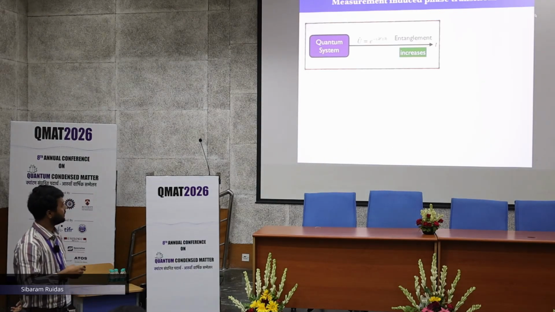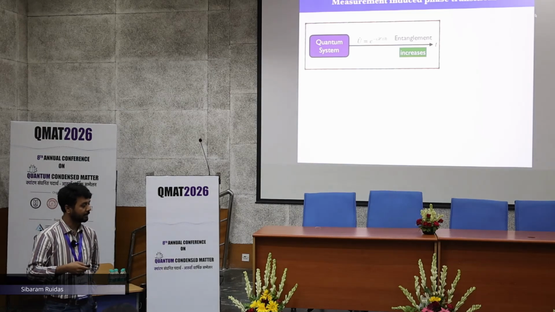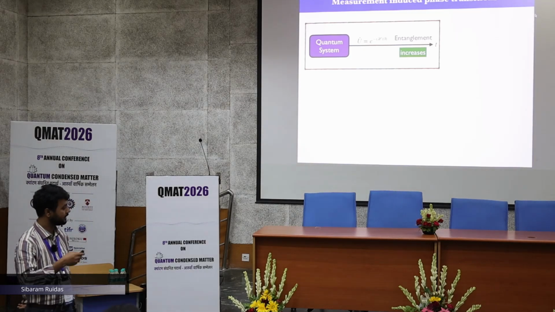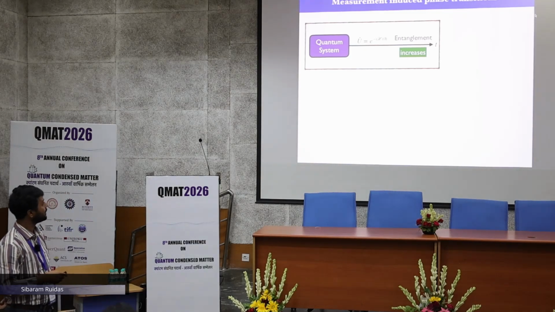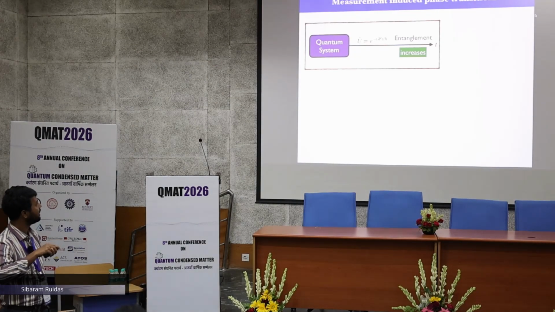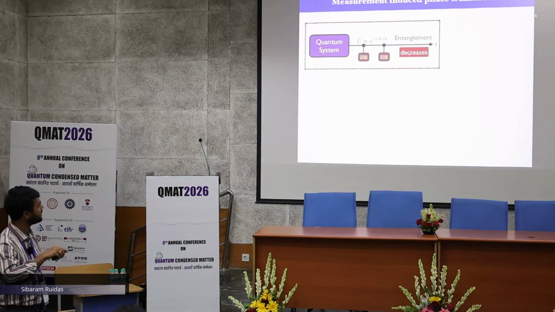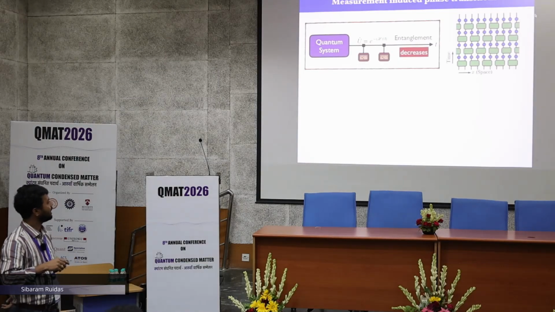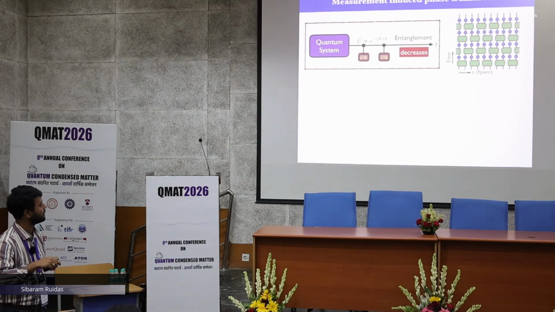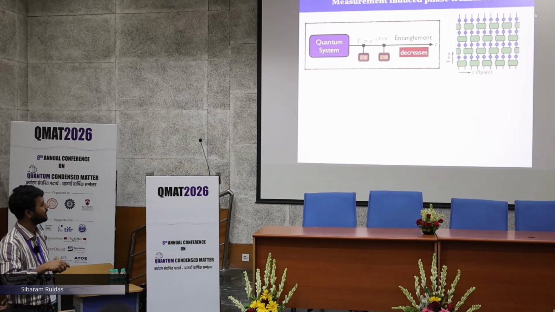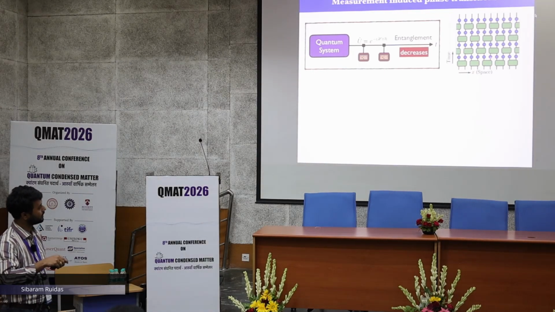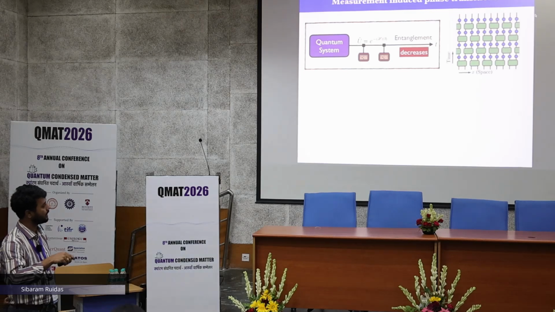Now, we have seen that this prethermal regime can actually restrict this infinite temperature heating. Also there is something called measurement induced phase transition, where if you consider the same closed quantum system and let it evolve, you see that entanglement increases. But if you introduce measurements at different times, you will see that entanglement decreases. There have been a lot of studies in this direction in the previous decade in terms of circuits, even in Hamiltonians. Here you can see these are the 2 qubit circuits, and these are the measurements you are doing at different sites.